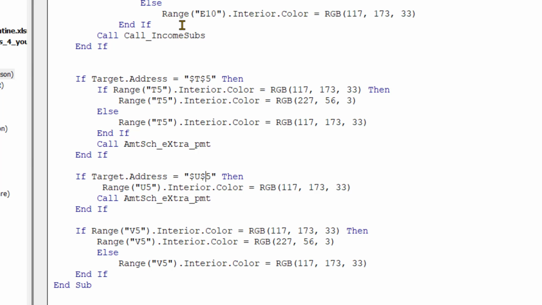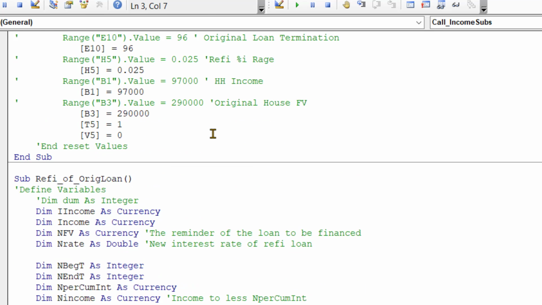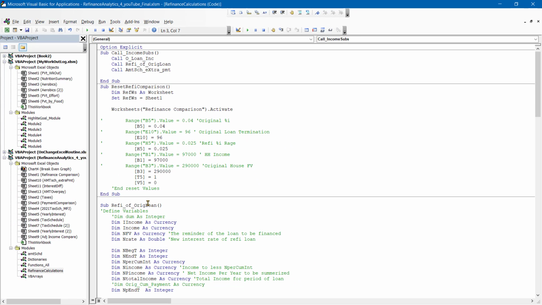Now what I've done here is that I have 3 subroutines, and instead of having to write them in and calling them independently from each of these, what I did is I went into my module and I called this routine CallIncomeSubs, and that IncomeSubs simply calls these 3. That way I only had to call one routine from the worksheet, and then this one called the rest of them themselves. So that is really fundamentally the idea, is that you can get as complex, or as simple as you want to,